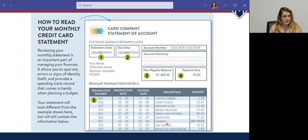Well, I didn't buy anything at Somerset. Can you tell me more? What was this purchase? Oh, it was $30 of gas from the BP at Big Beaver and Crooks right by Somerset Mall. Oh, yeah, I did get gas. Oh, okay, that makes sense. Everything's fine, there's no problem. I wanted to make sure. That didn't sound like something I bought, but with a little more research,